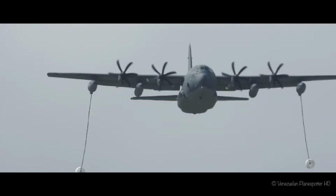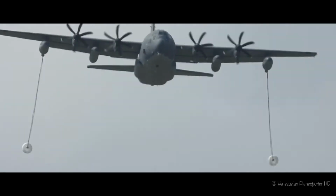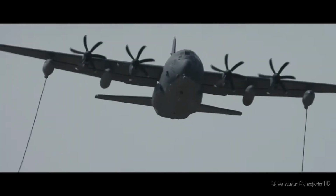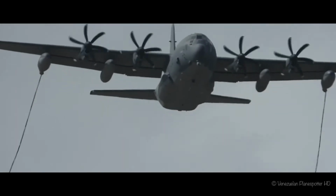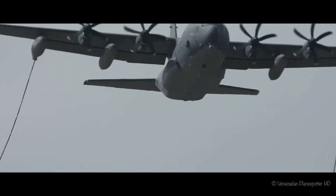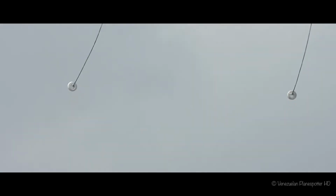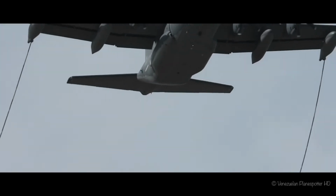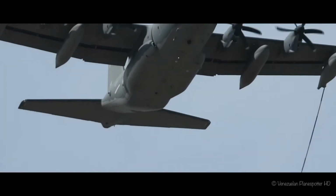So as it comes over, you'll notice we call the hoses are being dragged, and at the end of those hoses, there's a basket, and the jets or the helicopters have a nose probe, and they can push that nose probe right up into that receiving sack up there and take on fuel. So this is the refueling mode of the